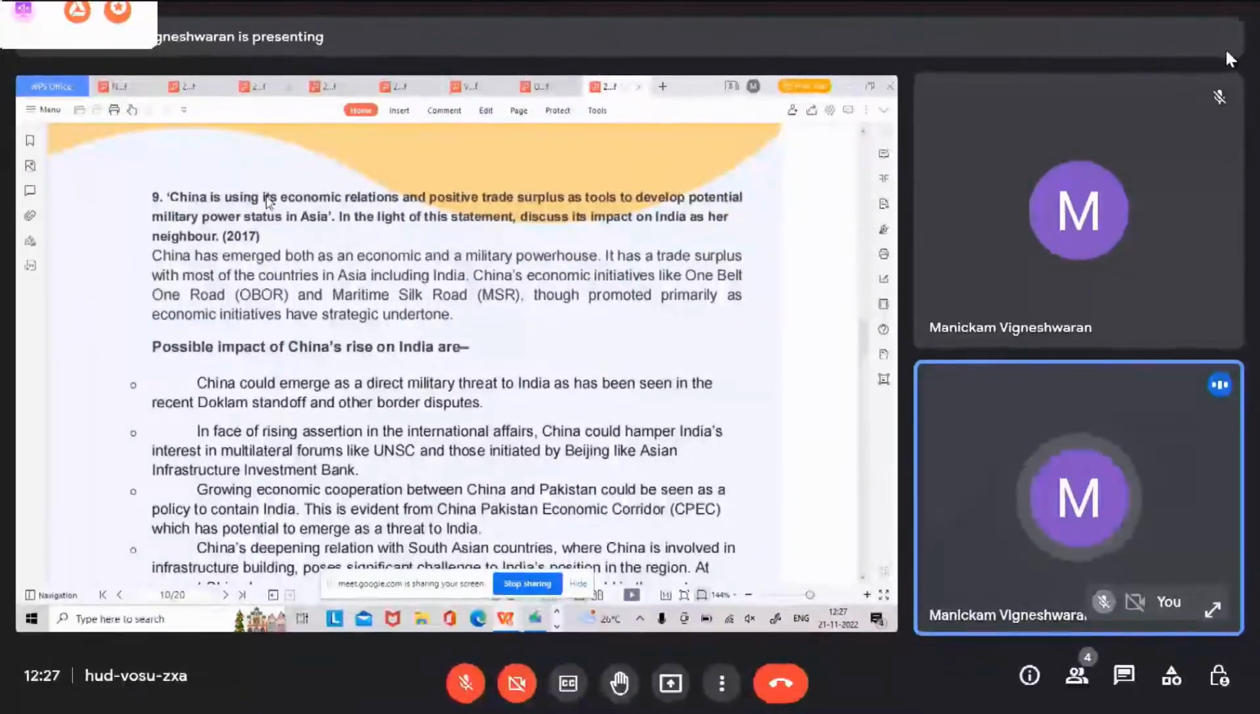China is using its economic relations and positive trade surplus as tools to develop potential military power status in Asia. In the light of this statement, discuss its impact on India as her neighbor. China has emerged both as an economic and military powerhouse. It has a trade surplus with most of the countries in Asia, including India. China's economic initiatives like the One Belt One Road initiative and the Maritime Silk Road, though promoted primarily as economic initiatives, have a strategic